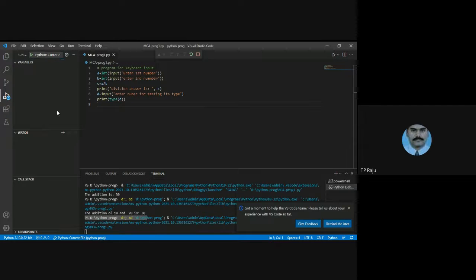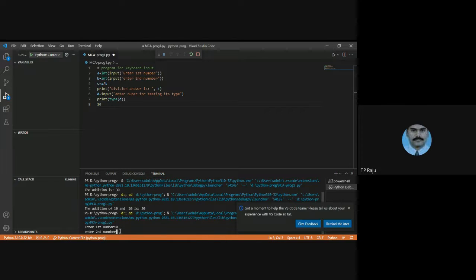Now we are seeing the output. It is asking me for the first number. I give first number 10. It is asking me for the second number. I give 5.